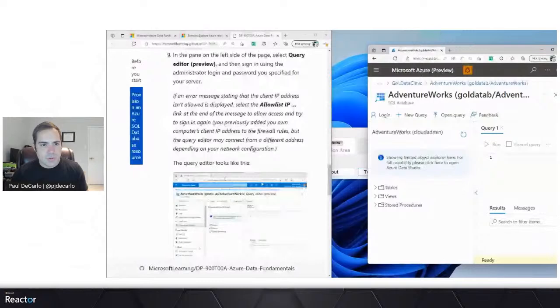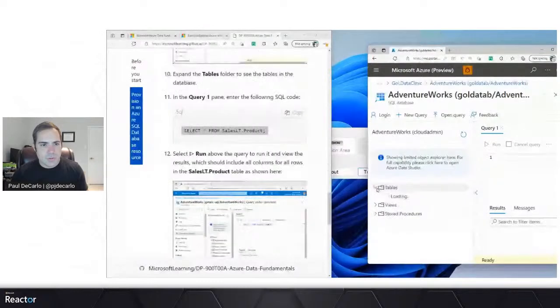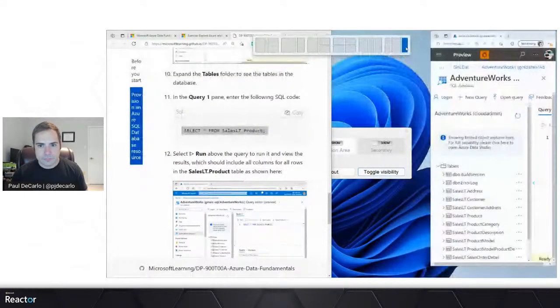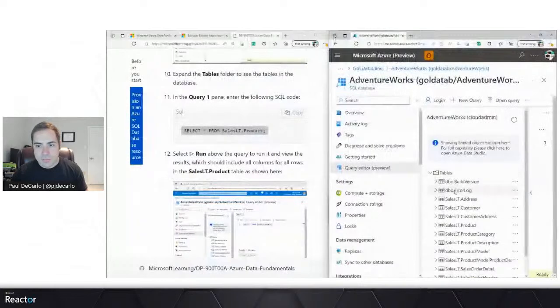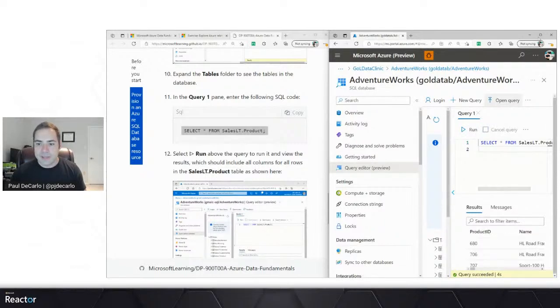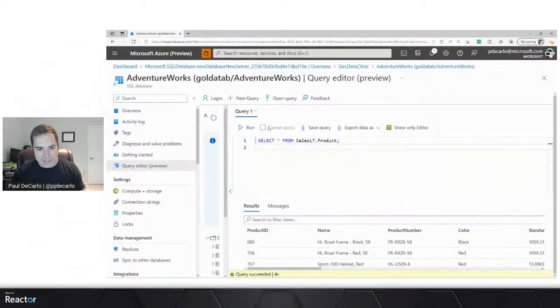So what we're going to do is jump into our table here. So we'll move this over. We're going to jump into our database and run the query that it's mentioning here, this select star from SalesLT.Product. And we know what that means because we just took a crash course on SQL. That's going to pull every column from the database. And that's exactly what it's done. Every column: name, product number, color, standard cost, etc.